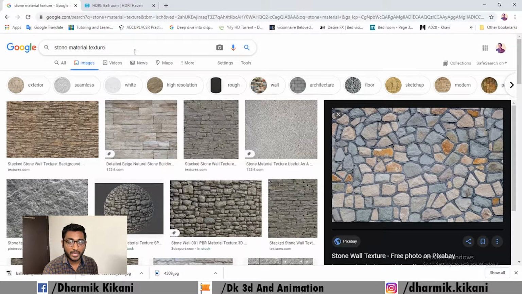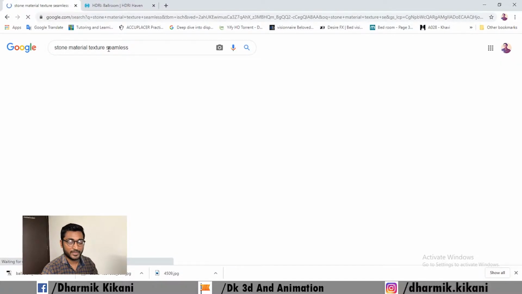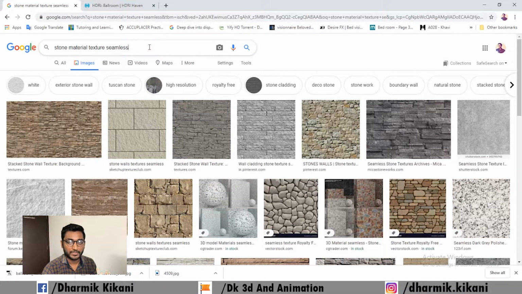Here I will start with how you can find your materials. Open your browser and search the type of material with texture, and also write seamless material. So I write seamless material, as you can see. With a seamless material, the boundary of the material is also the same when you apply this material in a 3ds Max file, so you do not get any patches between two images. I will show you first.